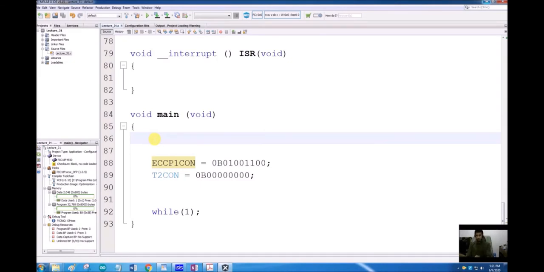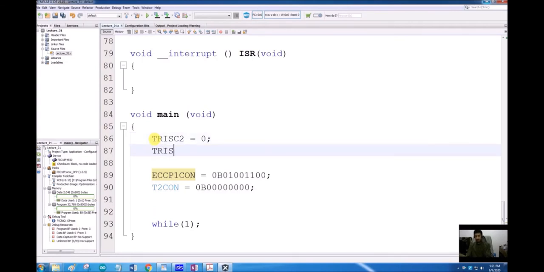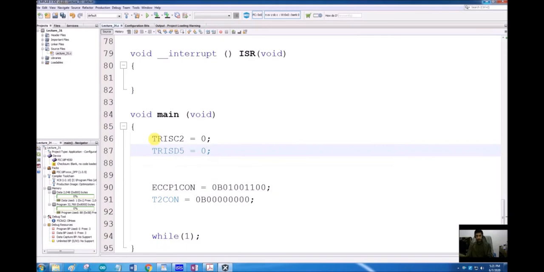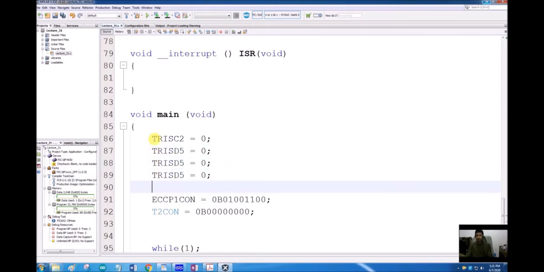So we want to set TRISC2 as an output, TRISD5 as an output, TRISD6 as an output, and TRISD7 as an output. These are the 4 pins A, B, C and D associated with this ECCP module.